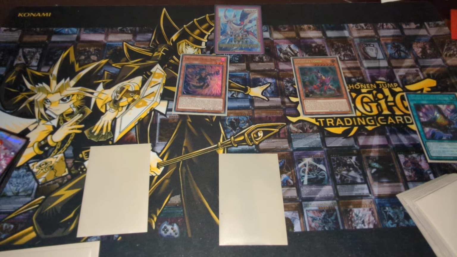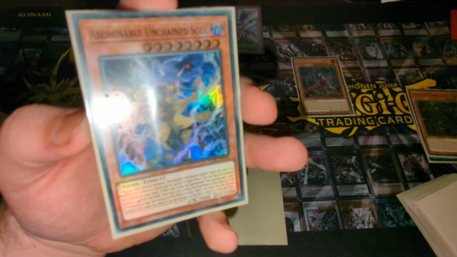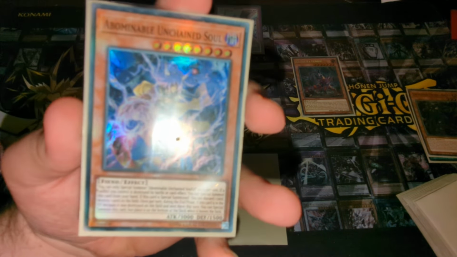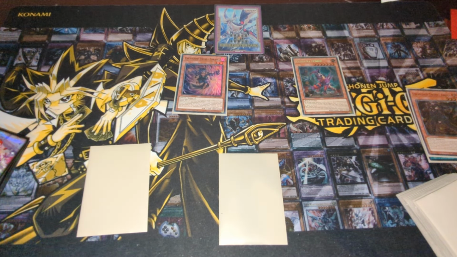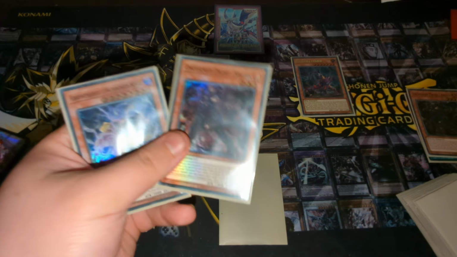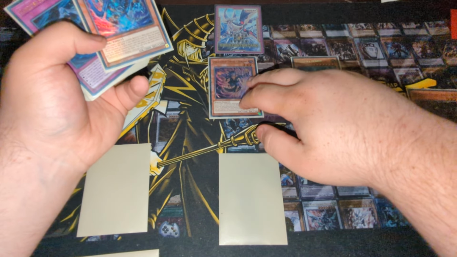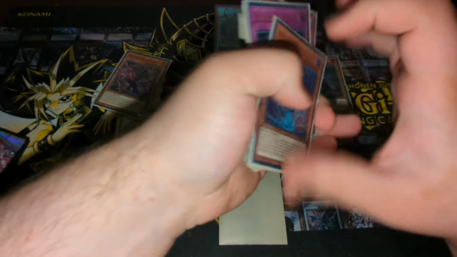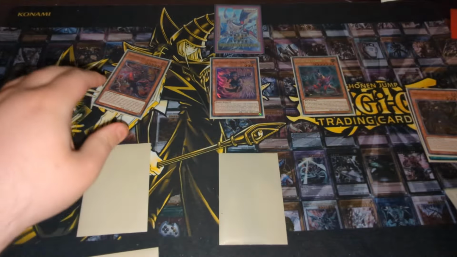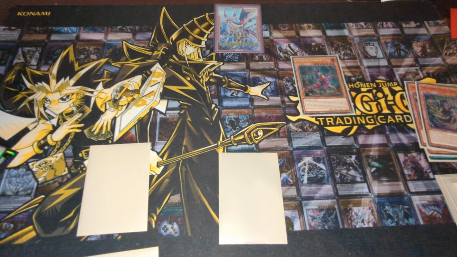and pop Aruha. And normally, if I was going second, I would bring out Abominable Unchained Soul, to then discard the other Aruha to get a pop, and then off of Sarama, Aruha's popping, I would bring out Shavara, and then, let's see. Yeah, I would link these two into